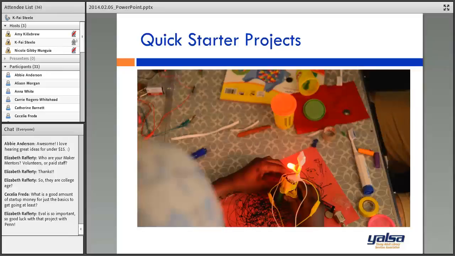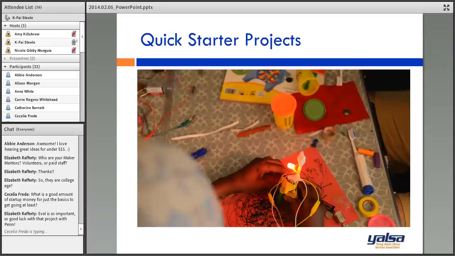I would say if you could get anywhere from 5,000 to 7,000, and then you were putting a lot of work in yourself, you could probably do your 6-week summer programming with that. Even if you were just sticking to things like copper tape circuit cards and squishy circuits and the cardboard challenge and things like that. I think you'd be very comfortable with around 5 to 7. It's just a ballpark figure, but you can really get these projects down where you're paying, you can source things like